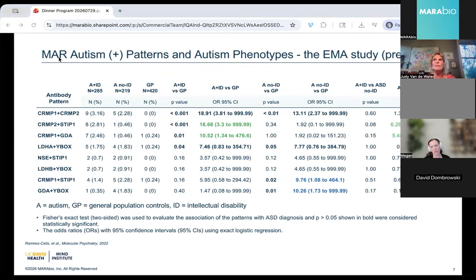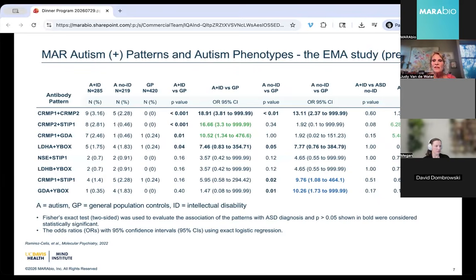The abundance of the patterns, meaning whether CRIMP1 and CRIMP2, which was lower down in CHARGE, is like the number one pattern. In EMA, that might have differed slightly, but the specificity remained. One caveat to this population is these are not validated typically developing controls, they are general population controls. And that just means in the context of this study, they never sought services in the state of California. So we don't have a way of telling if they went on to be diagnosed with autism.